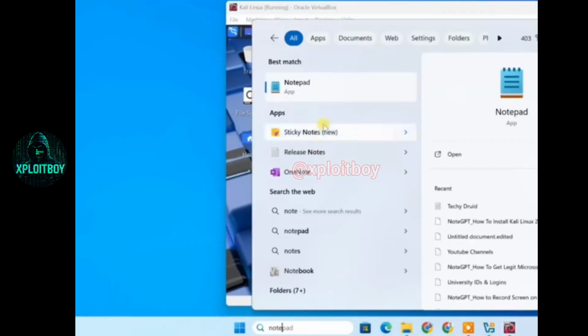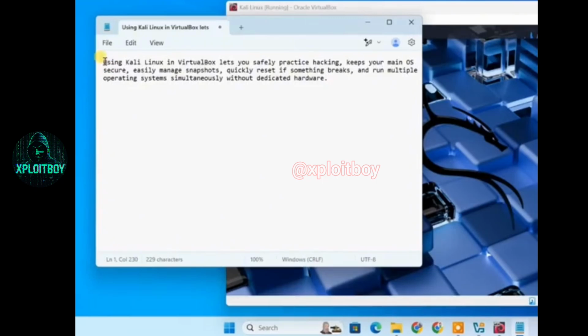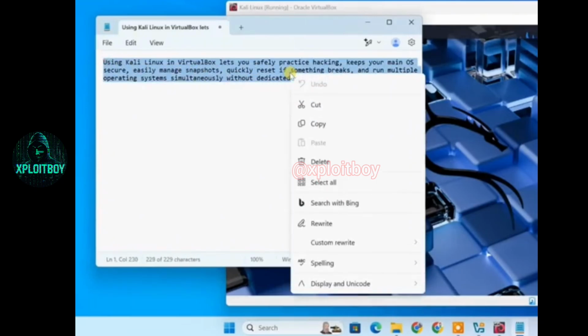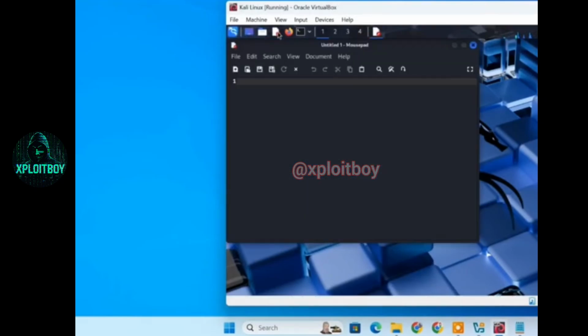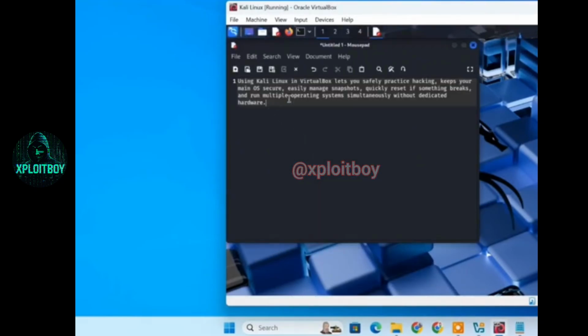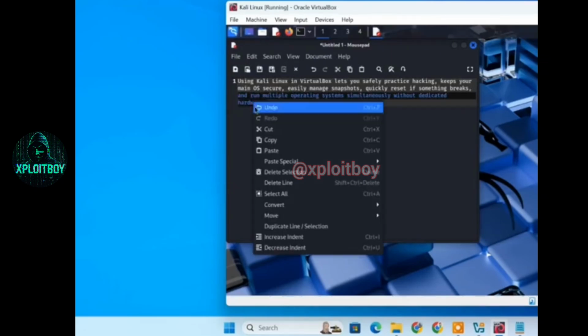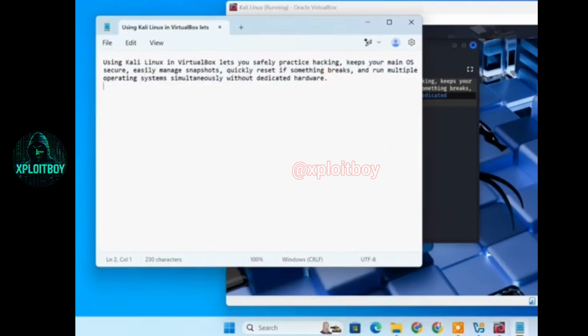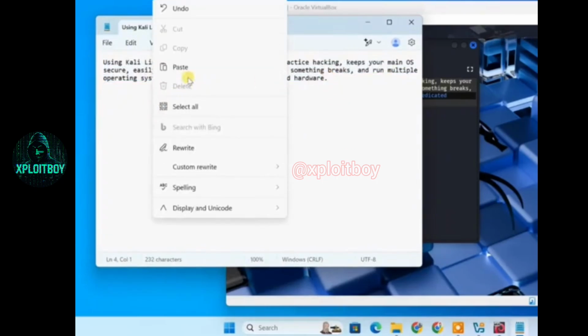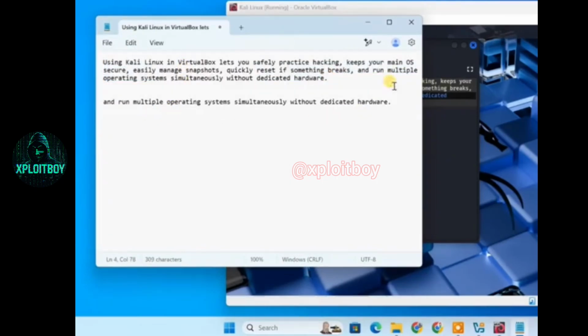I'll copy some text from my host system and paste it inside Kali's text editor. As you can see, it works. Now, I'll copy text from Kali and paste it back into my host system. And that works too.